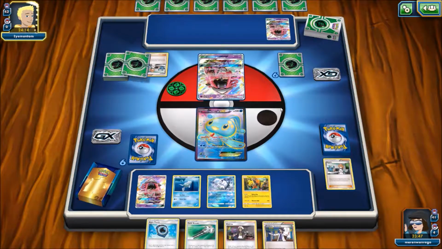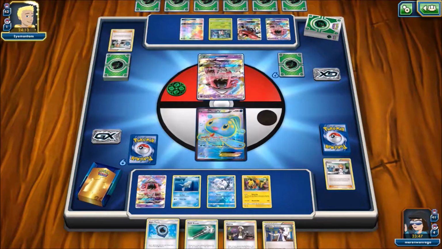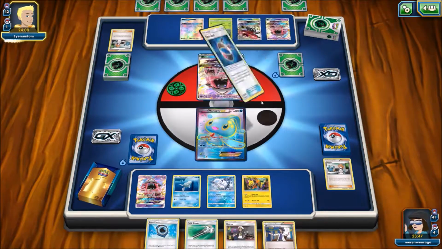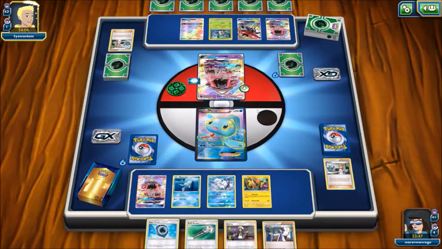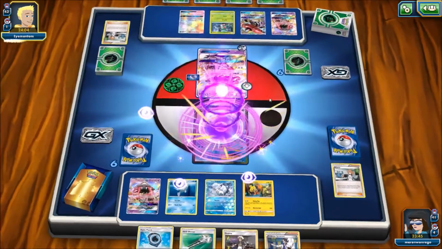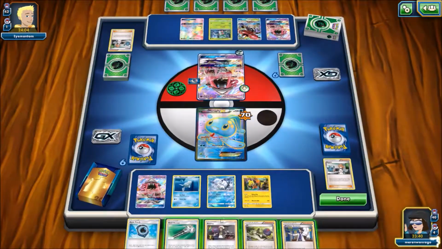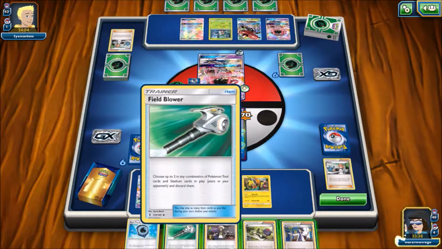They decided to bench Tapu Fini, 2 Tapu Bulus and a Fomantis, so they could set up a Lurantis for extra damage. They decided to add a Double Colors to their Tapu Fini and attack my Manaphy for 70 damage. I decided to use my Field Blower on their Choice Band